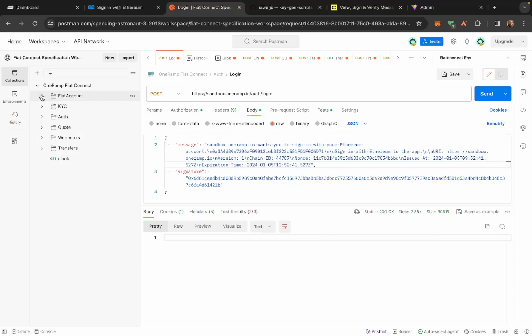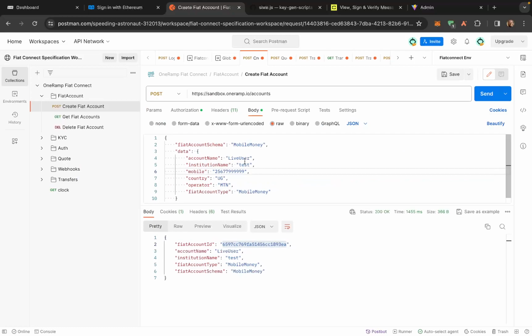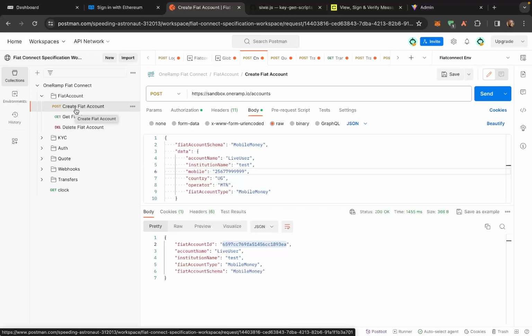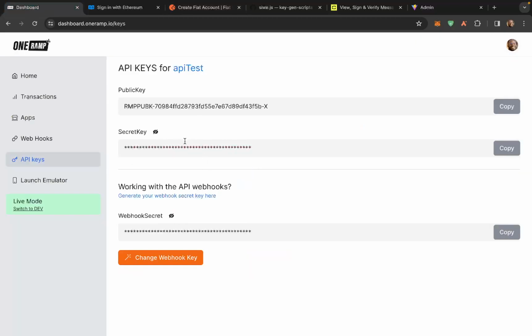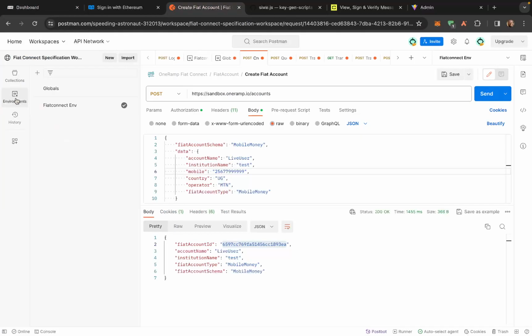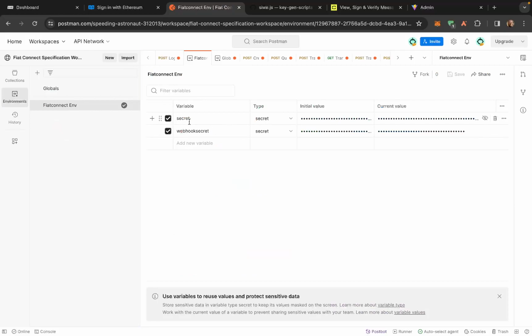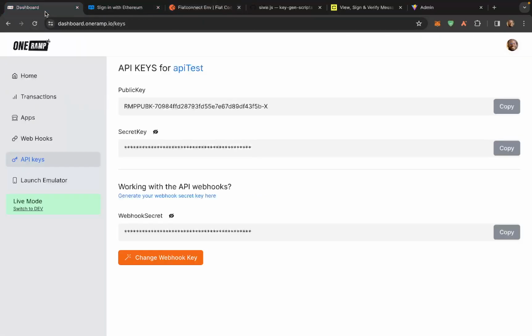Then next, you are required to create a fiat account. We are mainly supporting mobile money transactions, so the fiat account you're going to create is of type mobile money, and we also have multiple countries supported and multiple operators supported. But to create a fiat account, you need the secret key from here. So you could as well just add it in. So you could add your secret key. I already have mine added. That's the secret key that you generate from here,